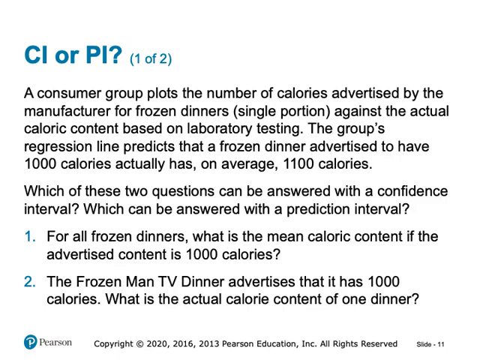In summary, the first question deals with a population parameter, the mean calorie content for all similar dinners, which makes a confidence interval appropriate. The second question deals with predicting a specific individual outcome, the calorie content of one particular dinner, which requires a prediction interval due to the additional uncertainty involved. As we continue, we'll explore the specifics of how to calculate and interpret both confidence intervals and prediction intervals in situations like this, ensuring that we use the right tool for the right type of question.